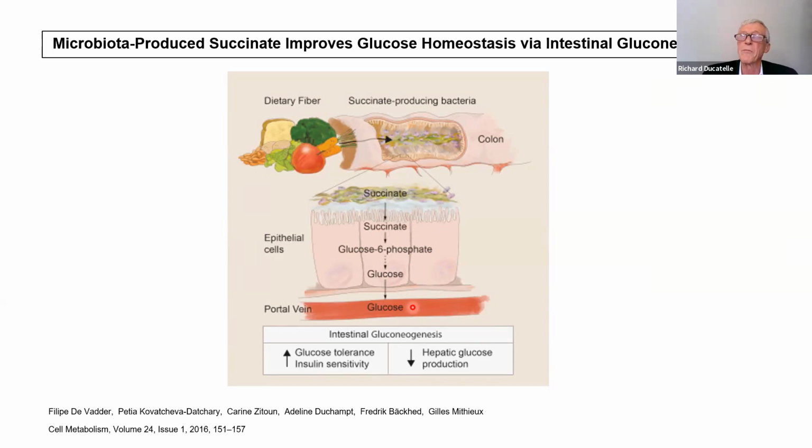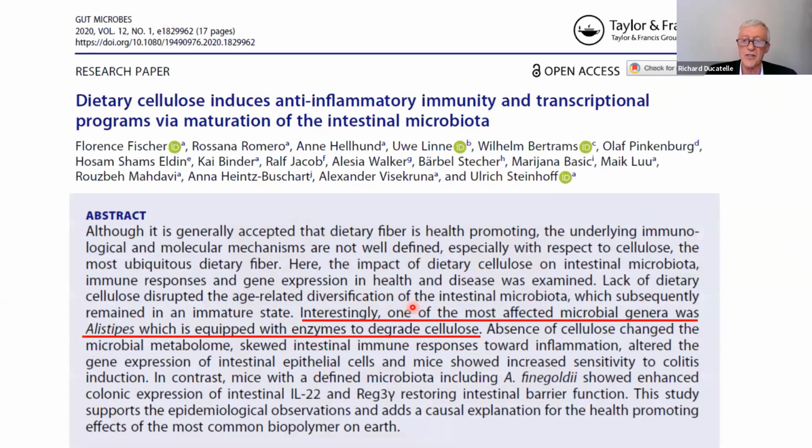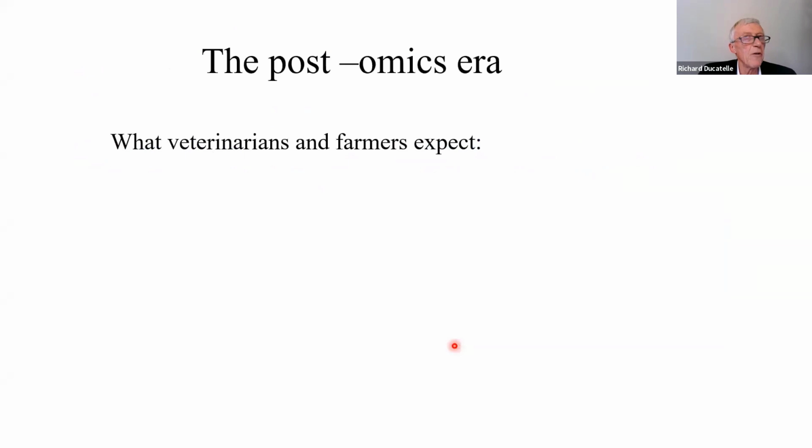And that, of course, is becoming very important because we know that hypoglycemia is a major cause of sudden mortality in broilers. And it turned out that since we published that paper, it has been realized also that in humans, Alistipes is there to degrade cellulose as well. And we know that human beings are on average able to break down and to metabolize about 1/3 of the cellulose in the food. And that is, of course, a considerable amount of glucose that can be produced in this way. So that was just an example of how omics can steer your further research when you dive into a certain aspect of a certain